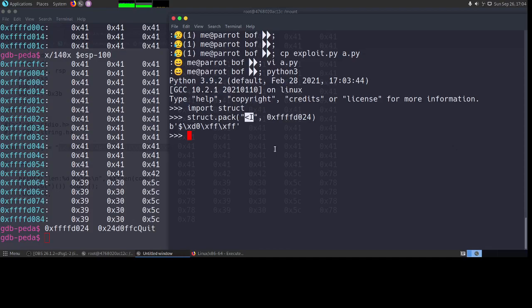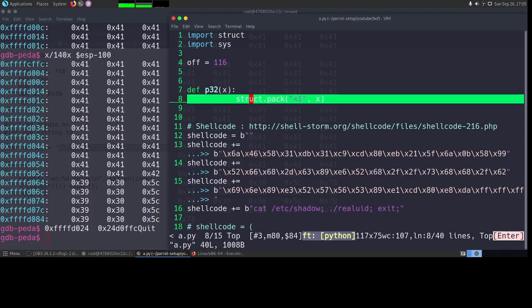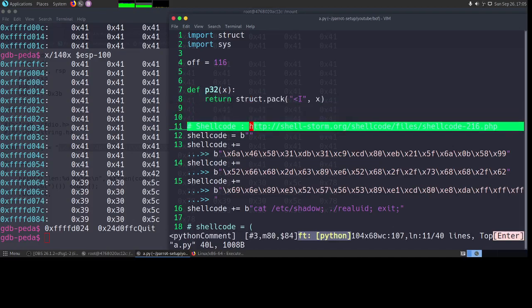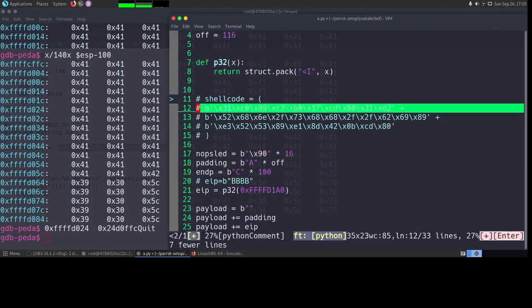Now since we can do this, we can define it as a function, which is what I have done here. I have defined a function p32 which takes a variable x and just returns the same thing that we have done just now. The only difference is that pwntools already has a function for doing this, but if you do not have access to pwntools, then you can use this. Now we will remove this shellcode and use the shellcode that we got just now.